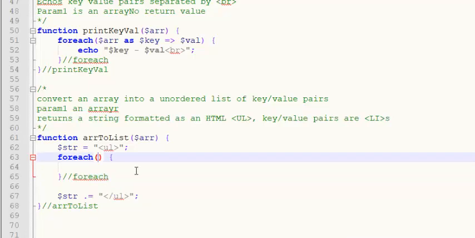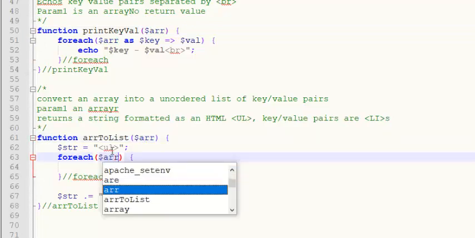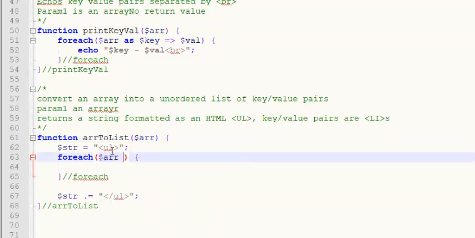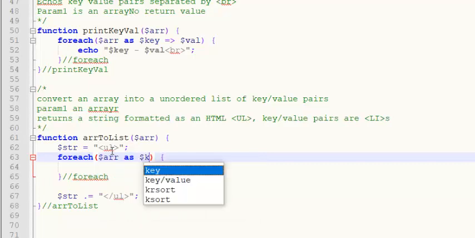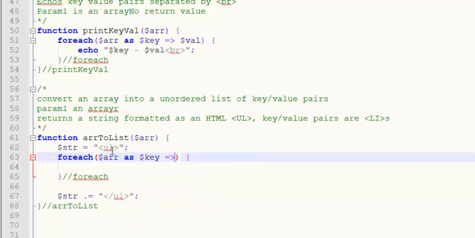All right, so this for each loop, the weird thing about it is this isn't the same thing as this, but if you're doing a for each loop where you care about the keys and the values, you're pretty much just going to write that every time. The only thing that might change is that, which would be based on the parameter, which I don't know why you would give it a different name. So anyways, I want to iterate over R as key, val,